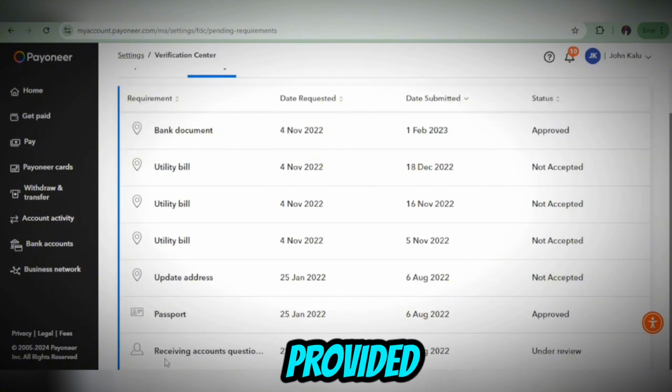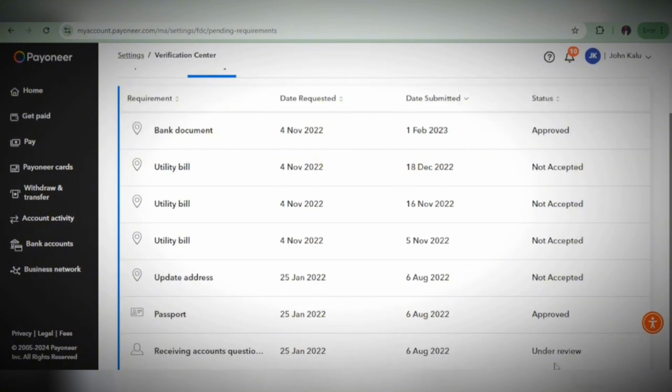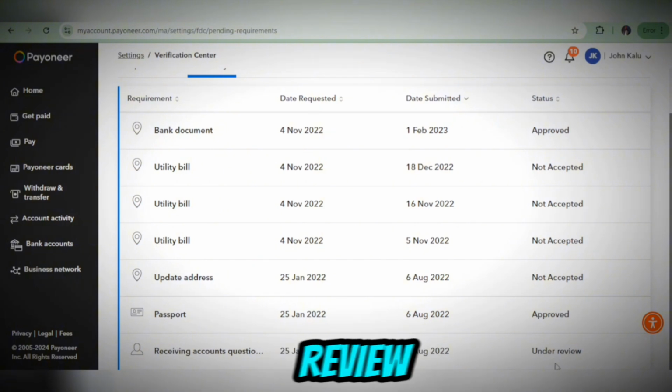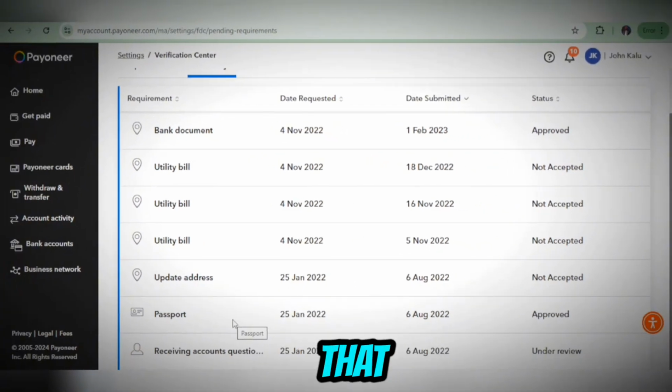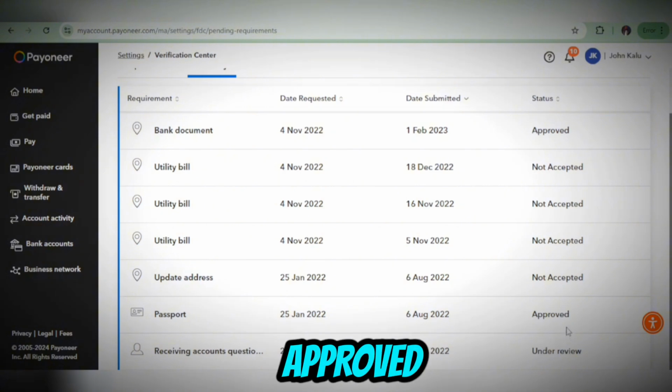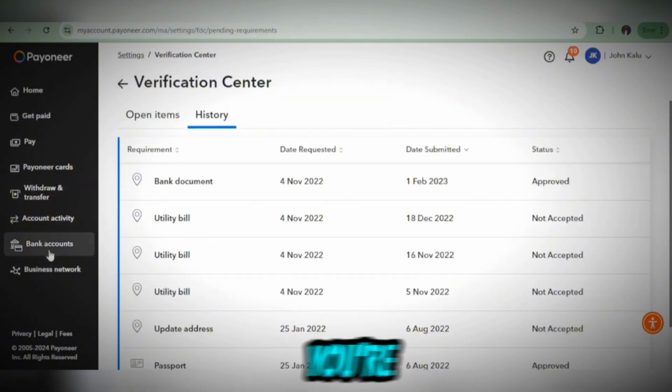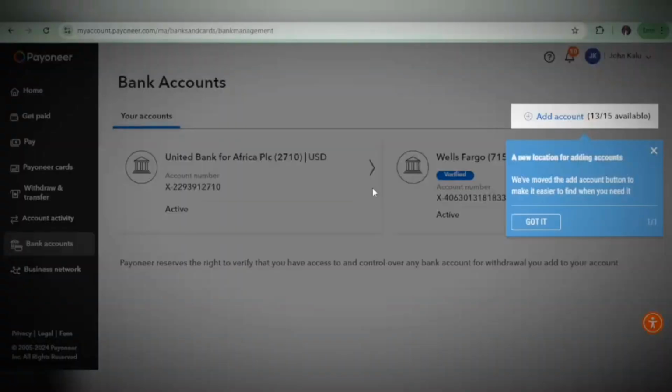I provided my document, and up to now it is still under review. When I found out that they didn't approve it, I provided my international passport that I use for traveling, and it was approved. If your account is not fully verified, you might be receiving payment but you cannot send it out. And on this section right here, you're going to see your bank account. If you click on this bank account section,